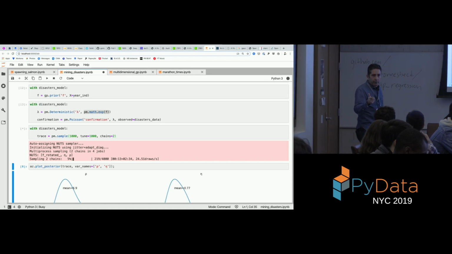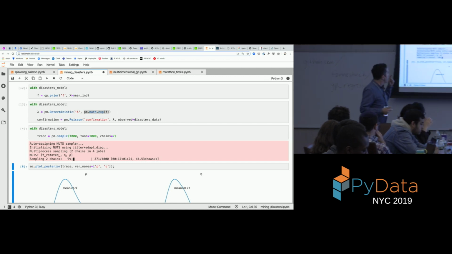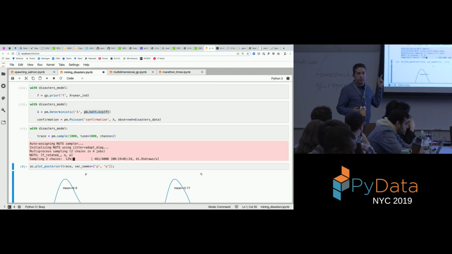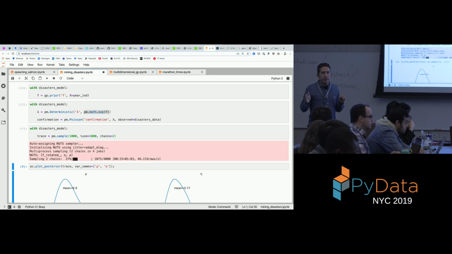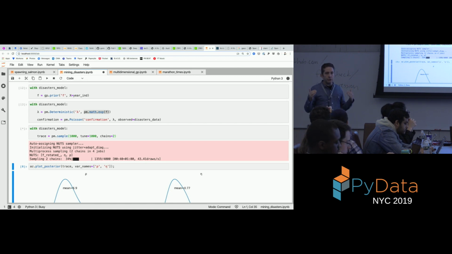What's your name? Sorry, Alan. What Alan was suggesting is that the Poisson distribution may still not be suitable for counts because sometimes counts are over-dispersed. The Poisson's only got one parameter, lambda, and it describes the mean and the variance. Sometimes you get situations where the mean and the variance aren't the same, and so a negative binomial distribution is a generalization of that that allows for over-dispersion. So that's a slightly more